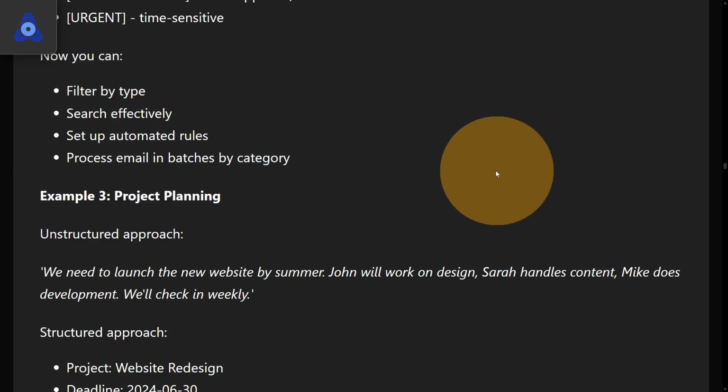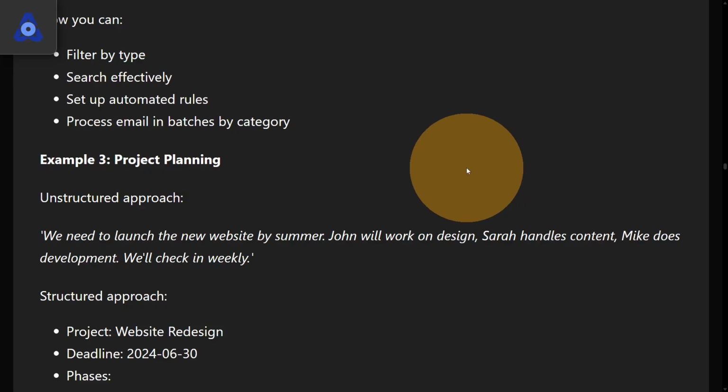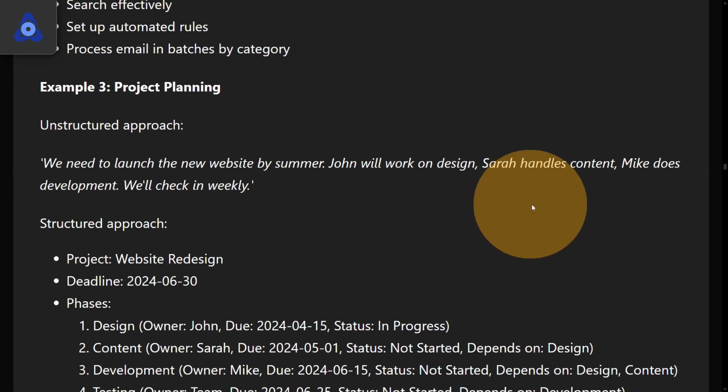Example 3, project planning. The unstructured approach: we need to launch the new website by summer. John will work on design, Sarah handles content, Mike does development. We'll check in weekly. The structured approach: Project, website redesign. Deadline,